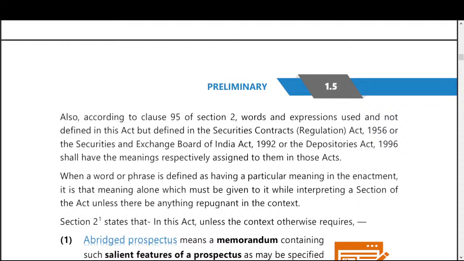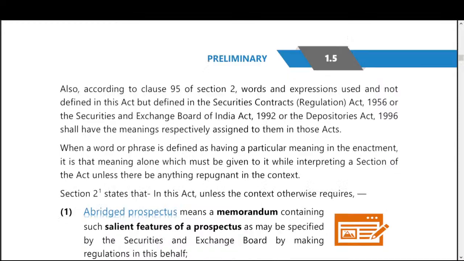Also, according to clause 95 of Section 2, words and expressions used but not defined in this Act but defined in the Securities Contracts Regulation Act 1956, the Securities and Exchange Board of India Act 1992, or the Depositories Act 1996 shall have the meaning respectively assigned to them in those acts. When a word or phrase is defined as having a particular meaning in the enactment, it is that meaning alone which must be given to it while interpreting a section of the act unless there be anything repugnant